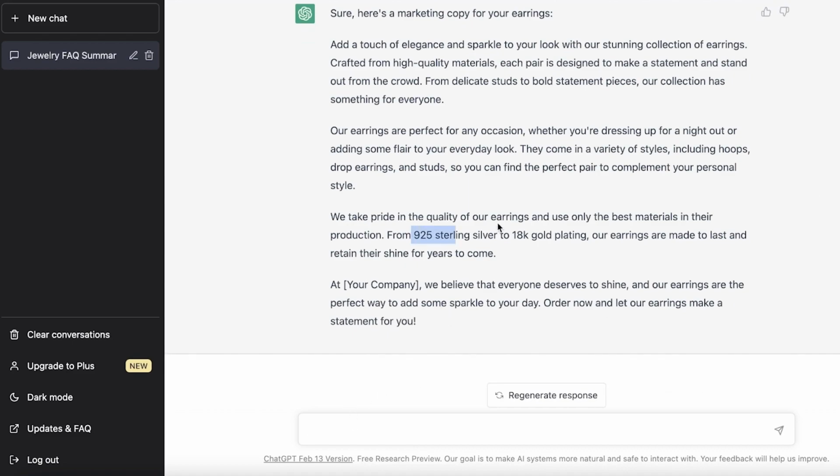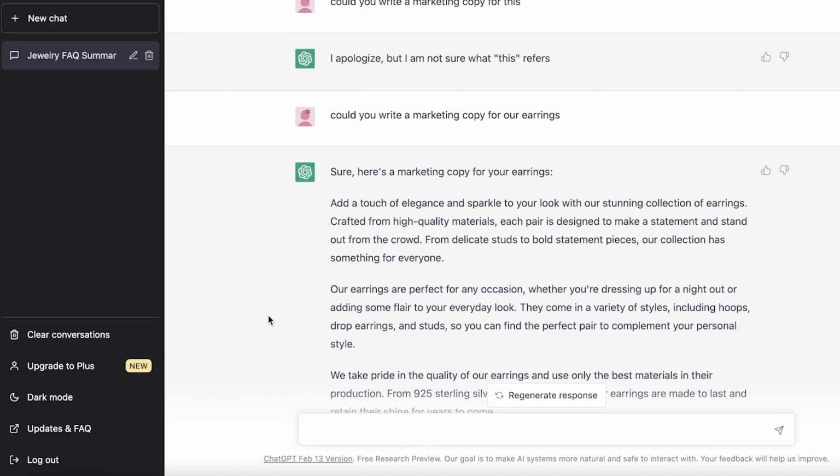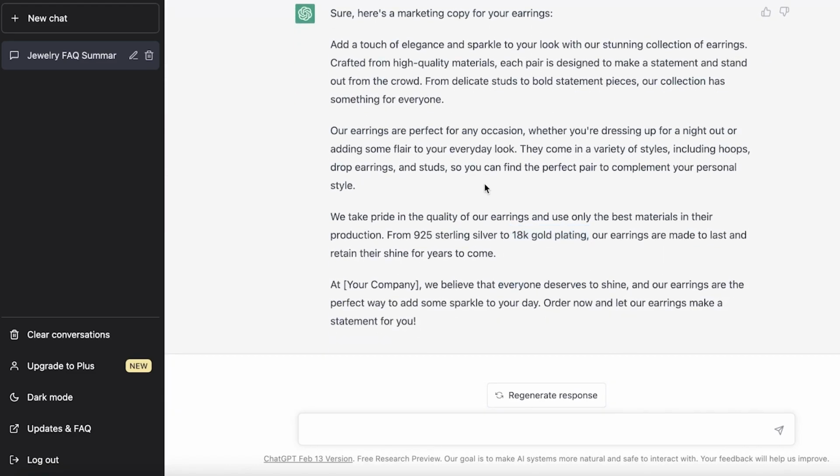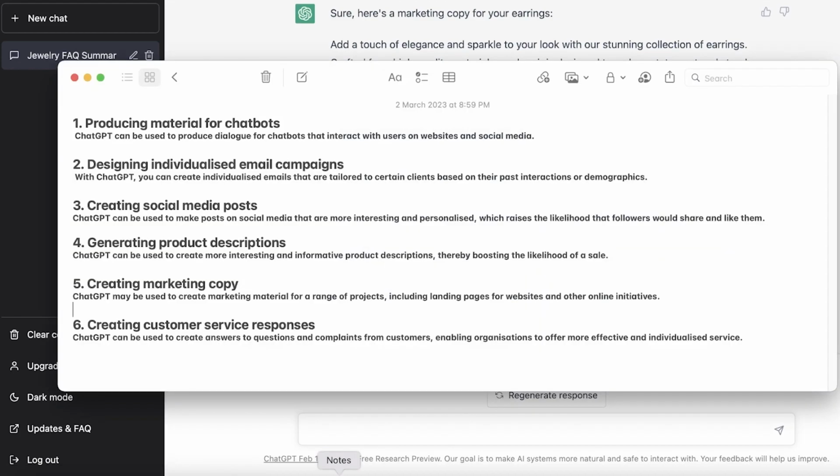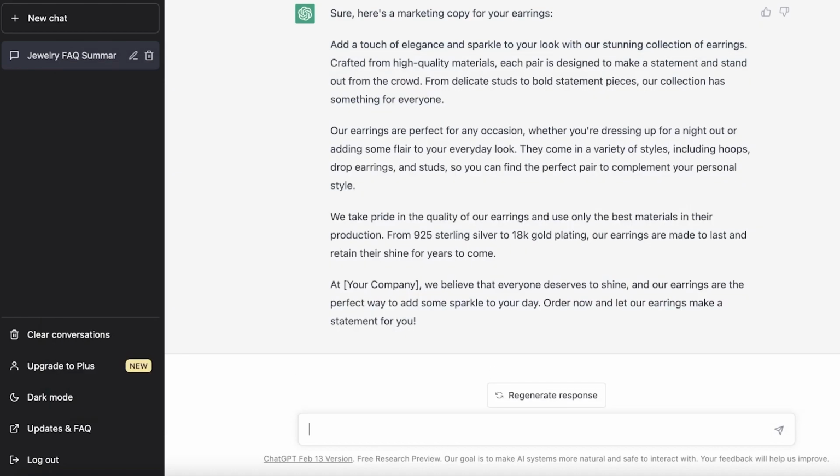And you can see it even took my 18K gold plating that I mentioned above and has added it to even this specific copy as well. Now, to relieve customer frustration, you can formulate all of your answers on ChatGPT. So it could be questions, it could be complaints, it could be any kind of issues in your ticketing pipeline that you face. You can simply take those questions over here.